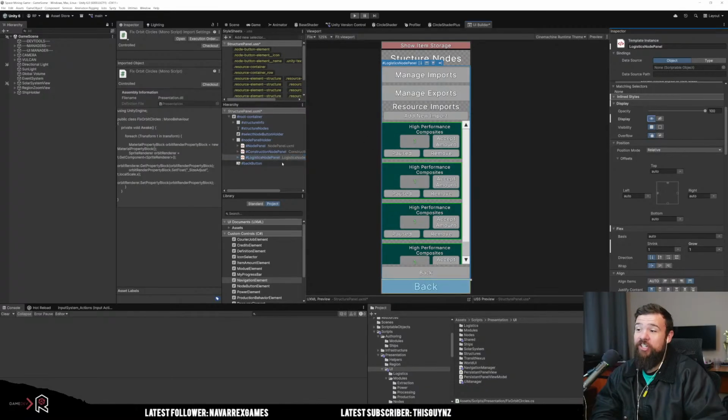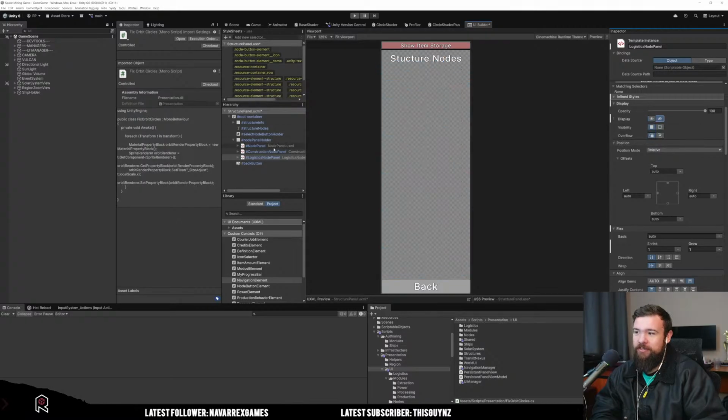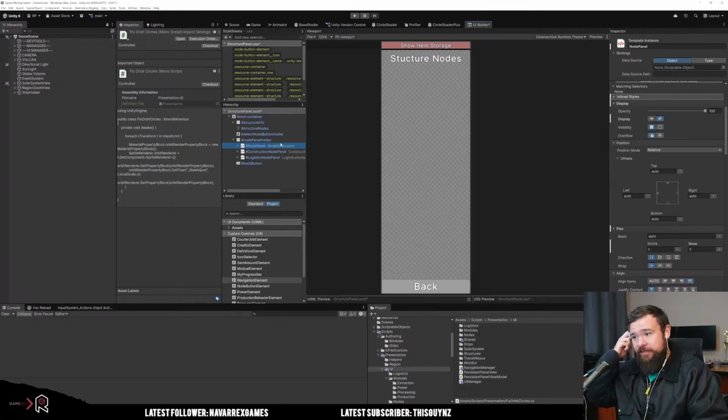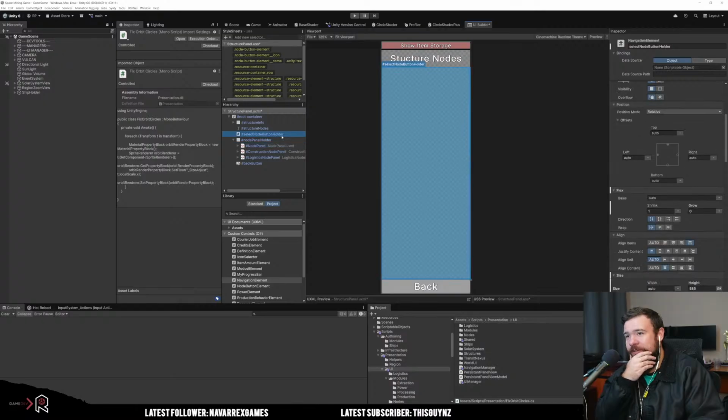Okay, the logistics panel has its own problems, but at least it's quite full. Then all of these, if I just want to put them on top of the node button holder,